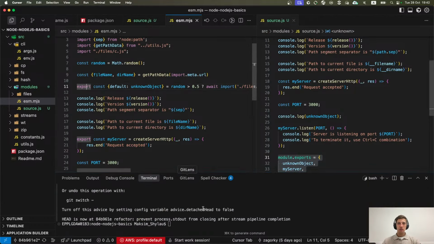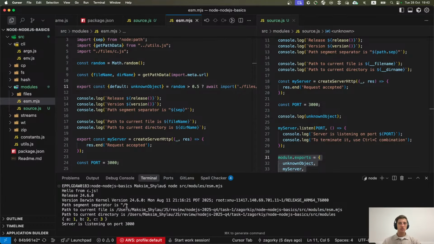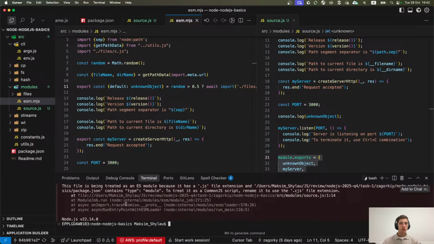So let's check both solutions. src modules esm.js. Okay, you can see that everything works just fine. Okay, and let's try to run another file.